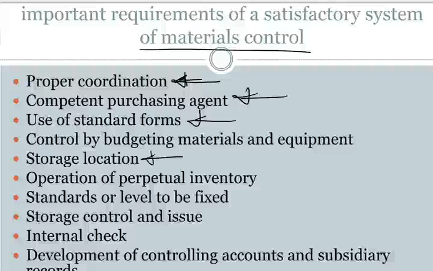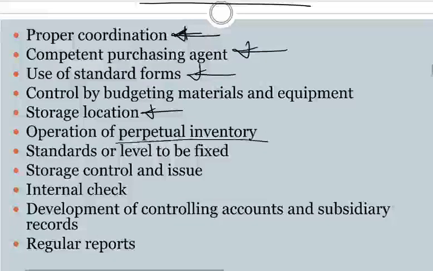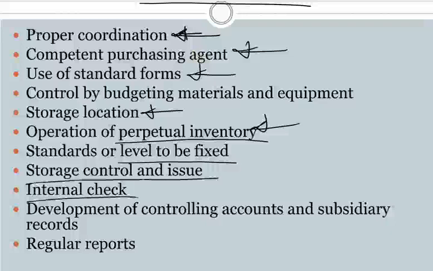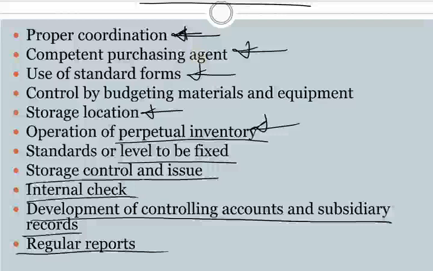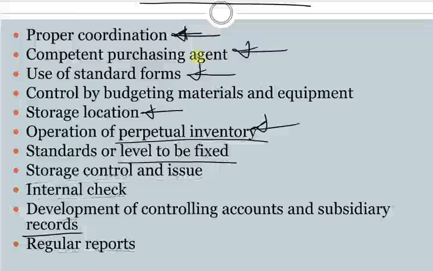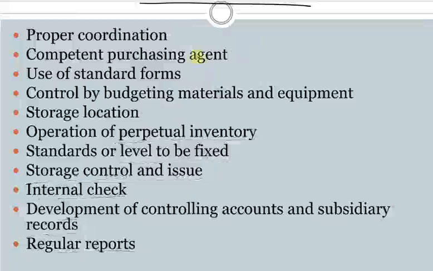Operations of perpetual inventory. We talked about perpetual inventory, right? A system where you're updating every time there's a receipt or an issue. So you need to operate a perpetual inventory system. Standard or level to be fixed. Storage control and issues. Internal checks. Development of control accounts and subsidiary controls and regular reports. All these requirements have to be satisfied for you to have a satisfactory